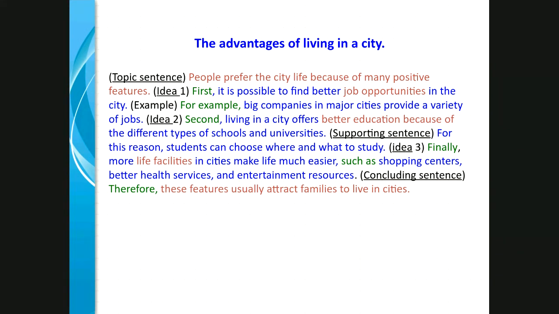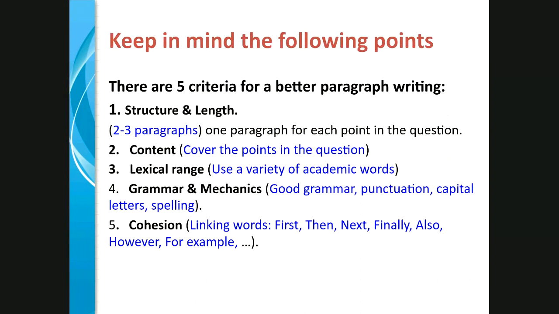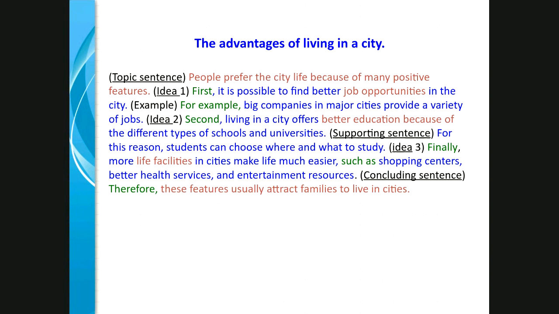Okay, let's move on here to some important issues that you have to keep in your mind when you write a paragraph. في 5 عناصر رئيسية مهمة لابد أن تضعها بالحسبان عند كتابتك للفقرة paragraph. The first one is the structure and length. الستراكشر اللي هو زي ما شفنا مع بعض، نبدأ بجملة topic sentence followed by supporting or main ideas, supporting points, and finally we end with a concluding sentence. هذه نسميها الستراكشر. ستراكشر اللي هو ايش؟ الشكل، يعني بمجرد ما انت تطالع في الباراجراف تعرف انه ايش؟ باراجراف